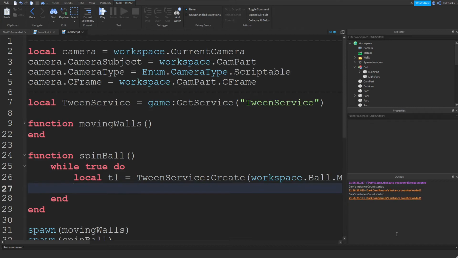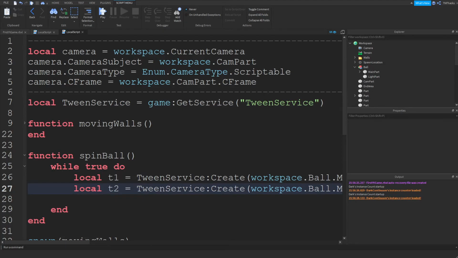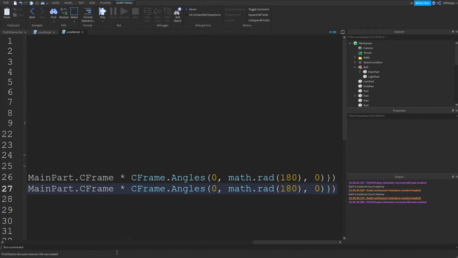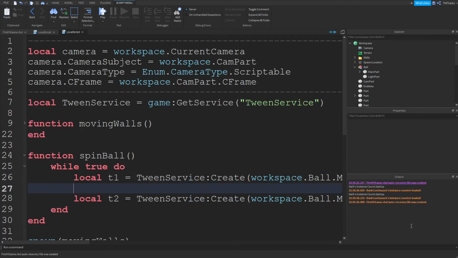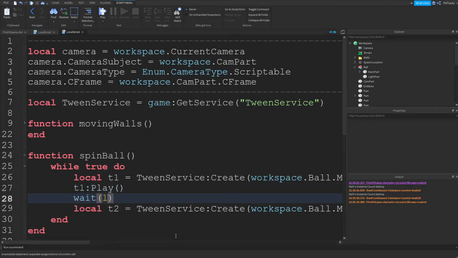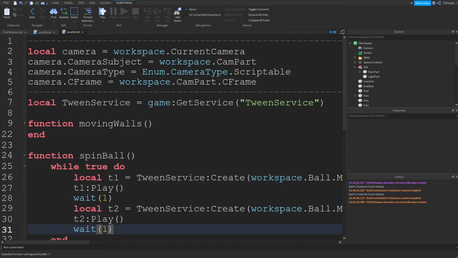Now, we're going to have to create a second tween. We're going to create the second tween after we create the first tween and after we play the first tween. So we play the first tween, and we'll just do wait 1 second for now. We create the second tween, and we do play it out. And wait 1 second. Now if we play,